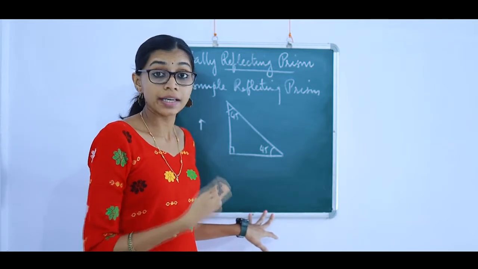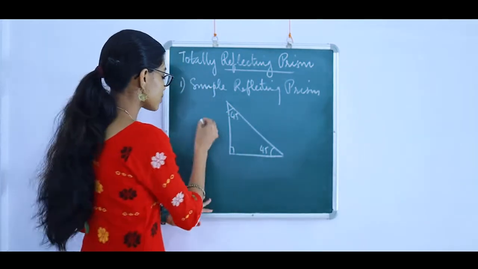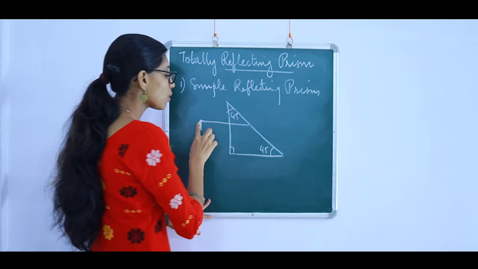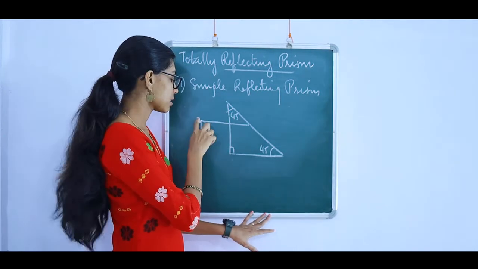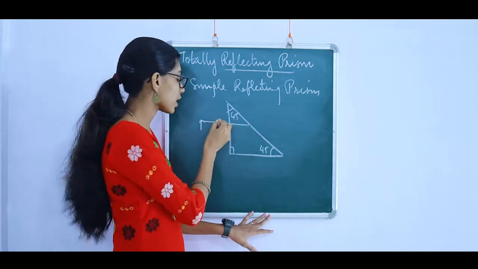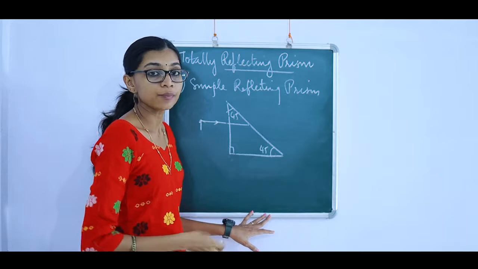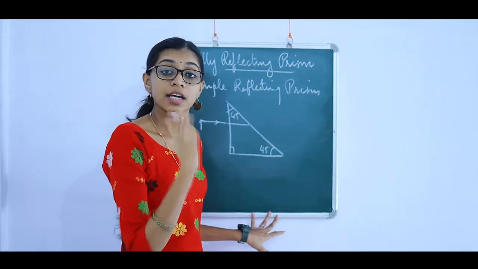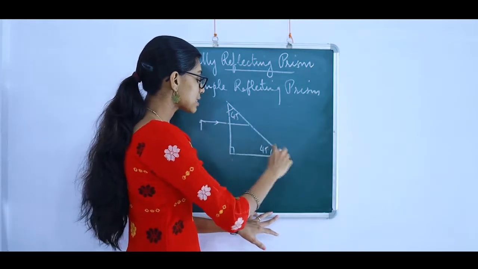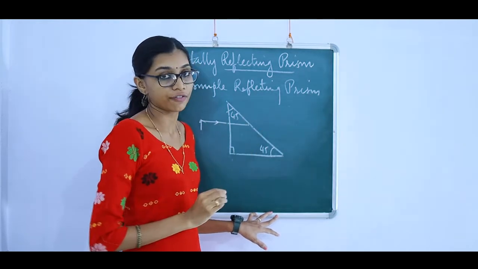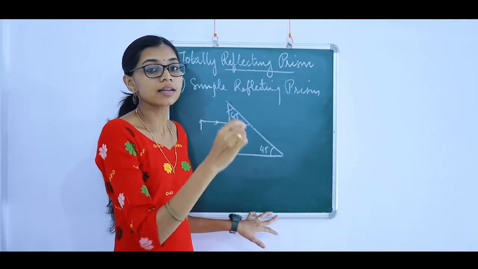We will start by drawing an incident ray which starts from the top of the object. The first line, I take it like this. Why did I take a straight line? The incident ray going from the object is meeting this line at 90 degree, so the ray will not deviate, it will just enter the prism. Next it goes and meets this glass-air interface. This is glass, this is air. So it hits the glass-air interface.